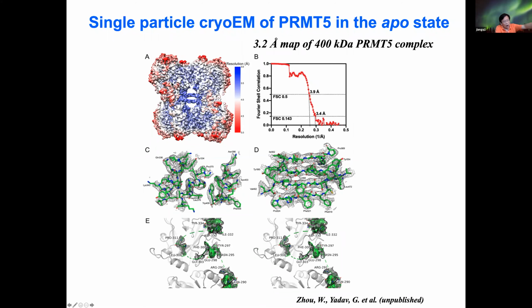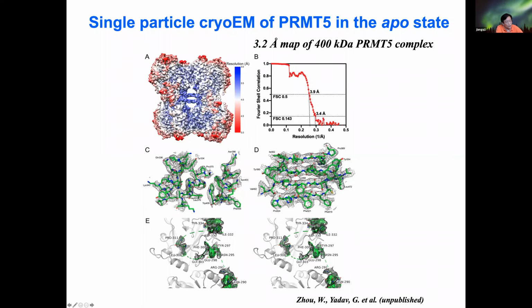A is the full complex containing 4 copies of PRMT5 in the middle, and then 4 copies of the MAP50 actually here. As you can see, at the current resolution, 3.2 angstroms, you can clearly see the